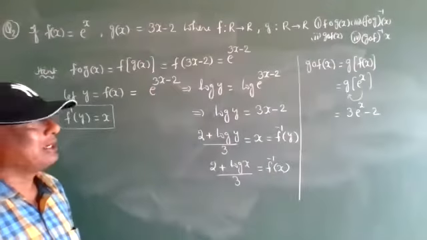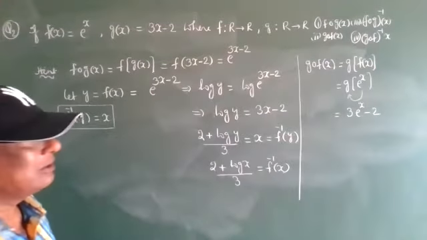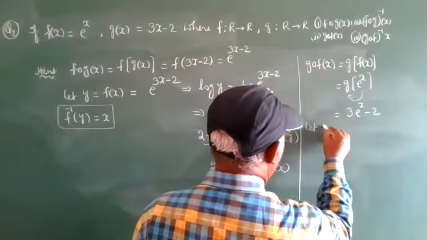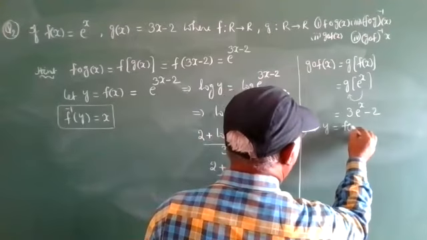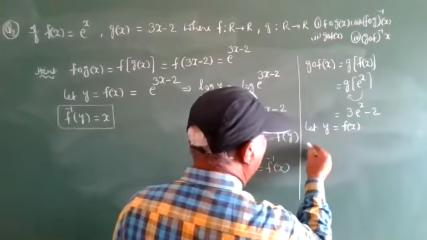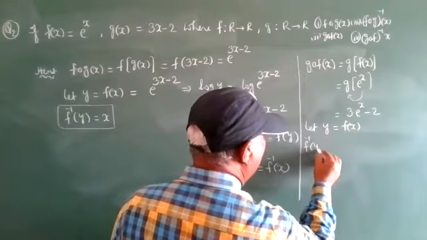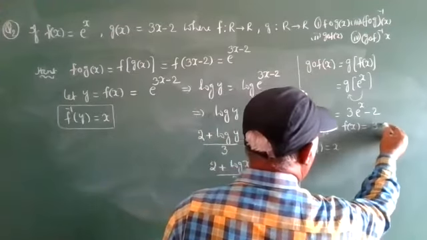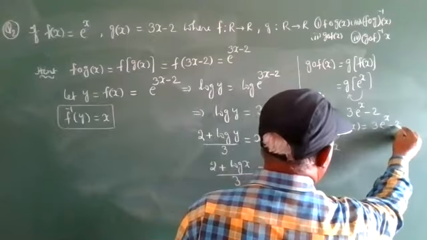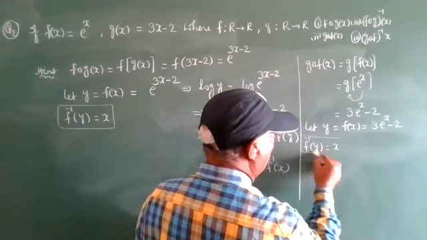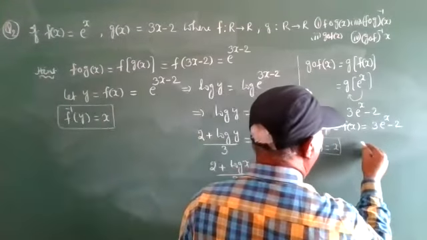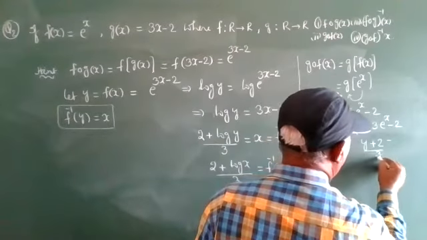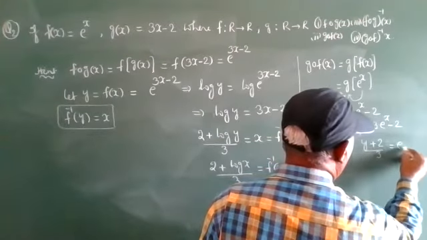Same model first we can do. Same model, inverse also. Simple. So what I am going to write? Let y is equal to f of x. If necessary, f inverse of y is equal to x. Okay? Right. 3 into e power of x minus 2. Now find out the x value. Y plus 2 by 3 is equal to e power of x.